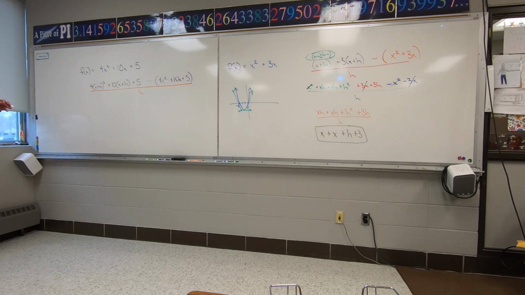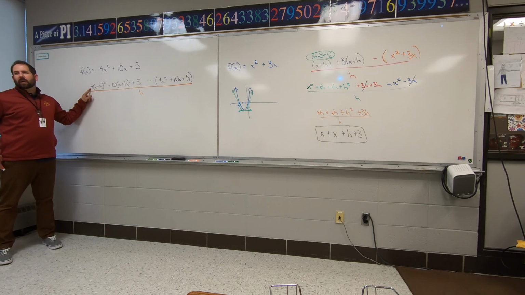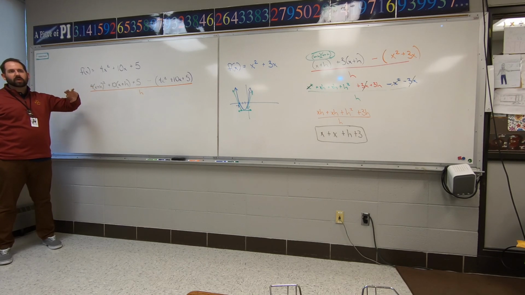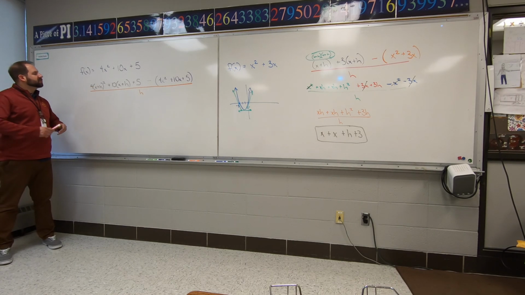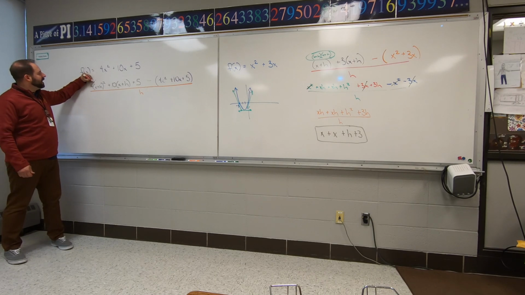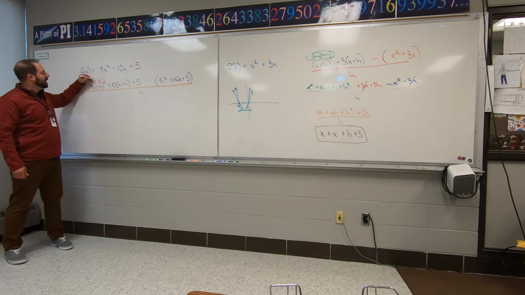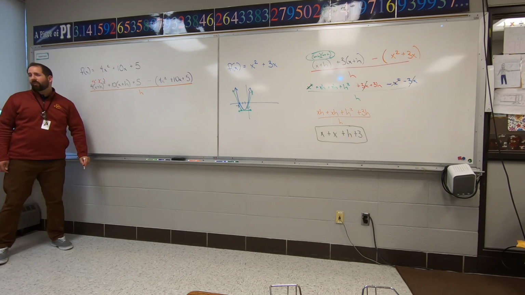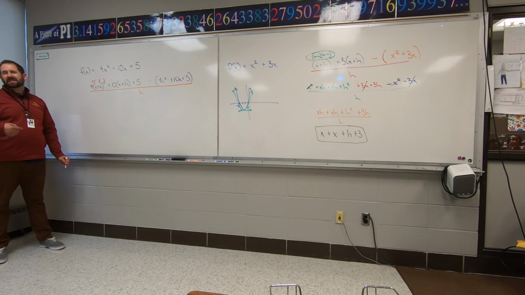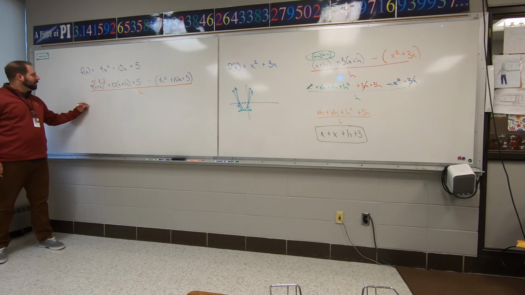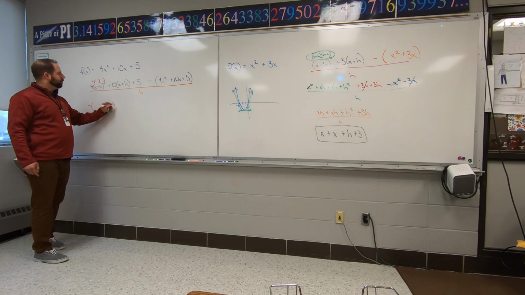Now, what made this one challenging? It's that stupid 4. I always see a lot of people get this wrong. You do not distribute the 4 first. You have to do exponents first. It's order of operations: parentheses, exponents, then multiply and divide last. So I actually have to FOIL these two parentheses out. You're just going to leave the 4 out front of it. And I know that seems tedious, like an extra step. But if I FOIL that out,